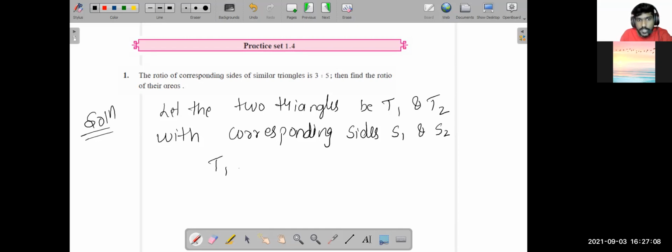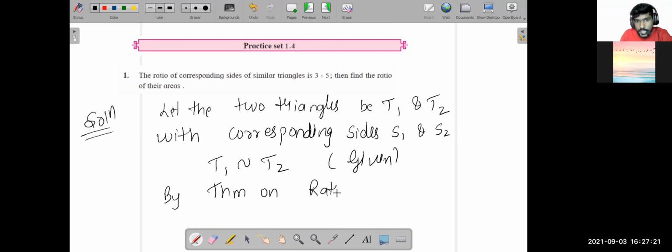So T1 is similar to T2. This is given. So by the theorem on ratios of areas of similar triangles,